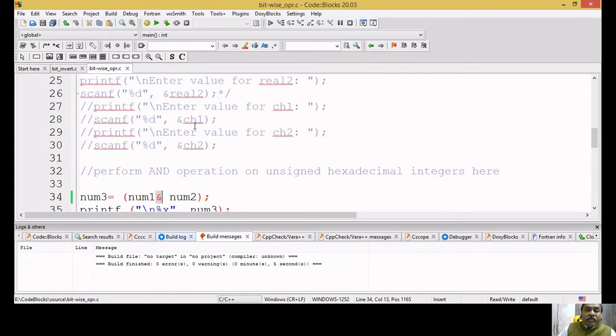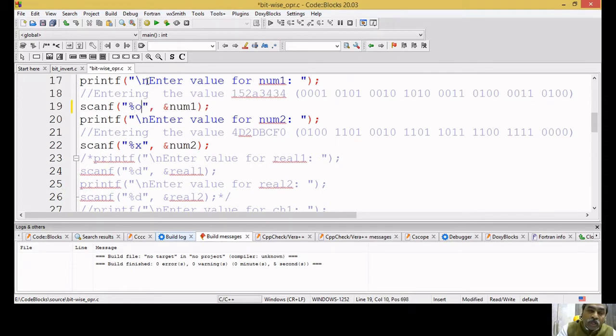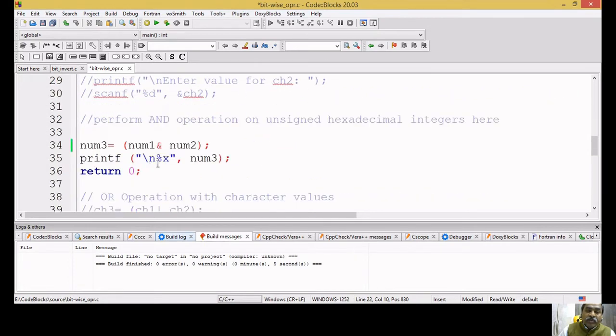Now I'll perform the same operation by changing this %x to %O for octal. It doesn't matter whether it is lowercase or uppercase, but we'll go with the convention of uppercase. Where all should I make changes? In the scanf and printf statements.